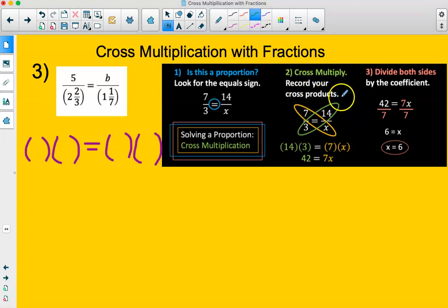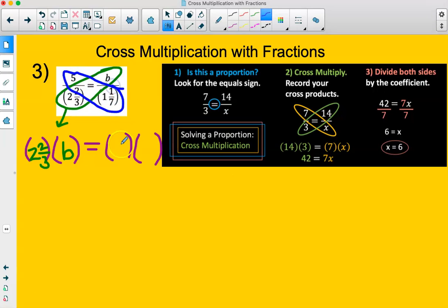Then I'm going to record the cross products. So I multiply 2 2/3 by b, and then I'm going to multiply 5 by 1 1/7. Now, when I'm multiplying